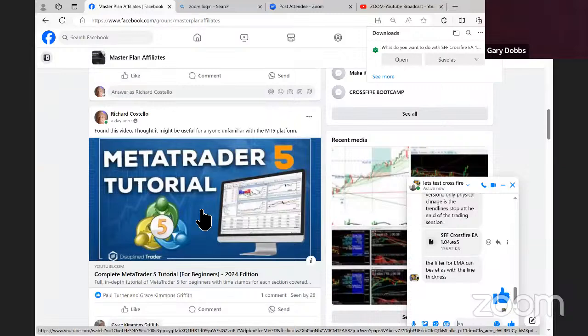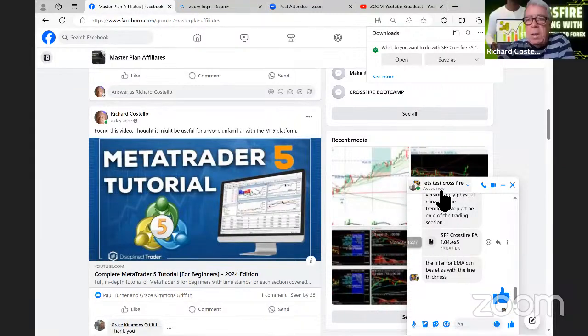Right. Okay. So I've clicked on this, and can you see what happened? I got this. Well, every computer is different, but you'll have something similar to downloads, and it's saying, what do you want to do with SFF Crossfire EA? And it'll be 1.04. And it says, you want to open it, you want to save it as something, or you can just click on this arrow and it'll say, do you want to save it? So if I just click on save, it'll save it exactly as it was